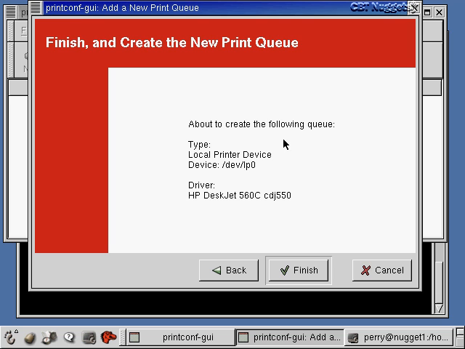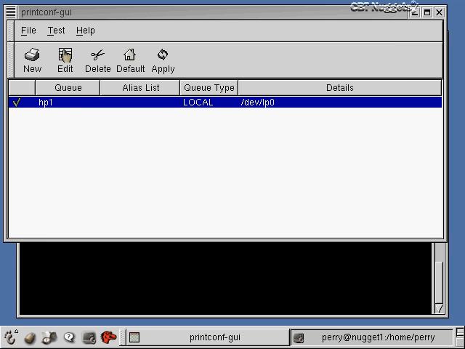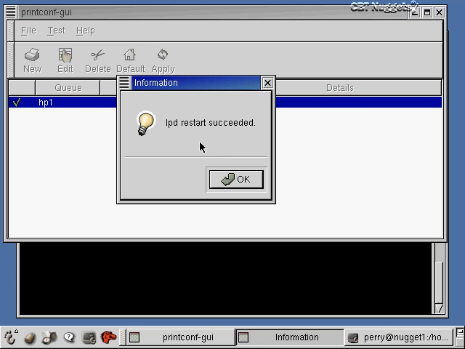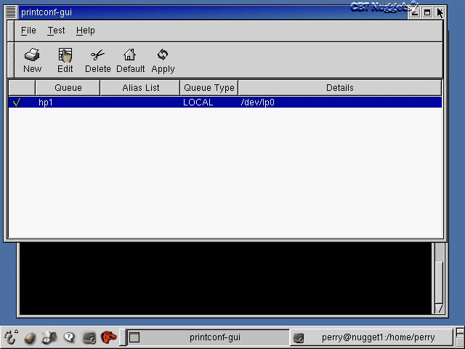And now it says about to create the following queue. It's a local printer device. /dev/lp0 is the device. It's a DeskJet 560C, and the driver that I'm using is the cdj550 driver. Okay, so I'm going to say Finish here, and now things are going to be created. You can see now that my queue is listed. It's a local queue. It's on the lp0 device, and let me hit Apply here so that I can apply it, and it says, look, LPD restart was successful. So I'm going to say OK, and I'm going to close this now, and we're done with our printtool